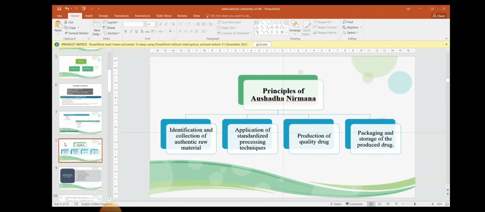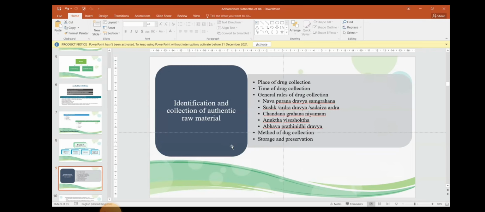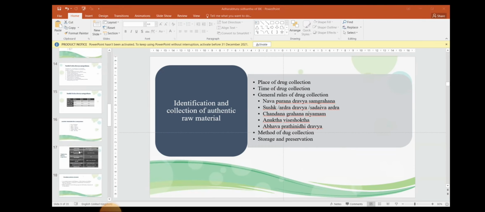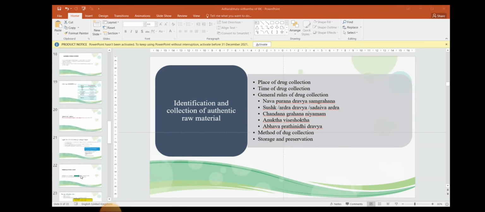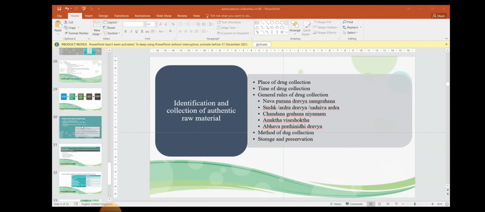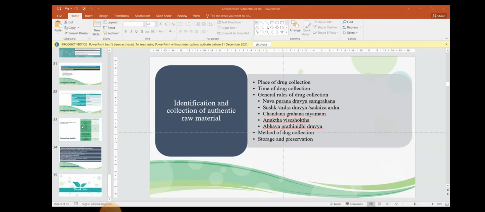We covered the collection of authentic raw materials, collection practices, Mana, Saviryavadhi, designer formulation and its basic principles, and the Panchavidha Kashaya Kalpana also.